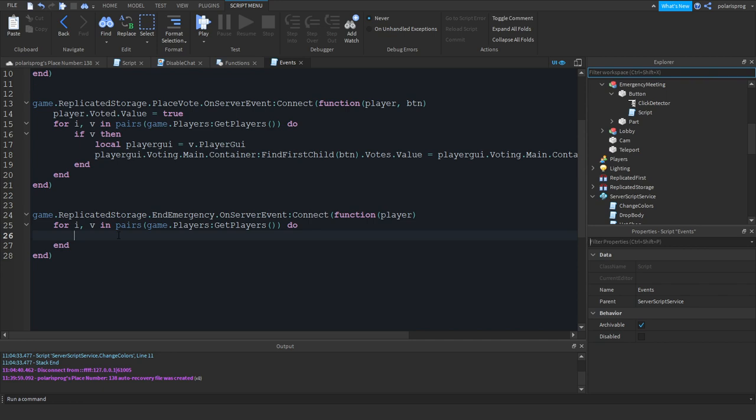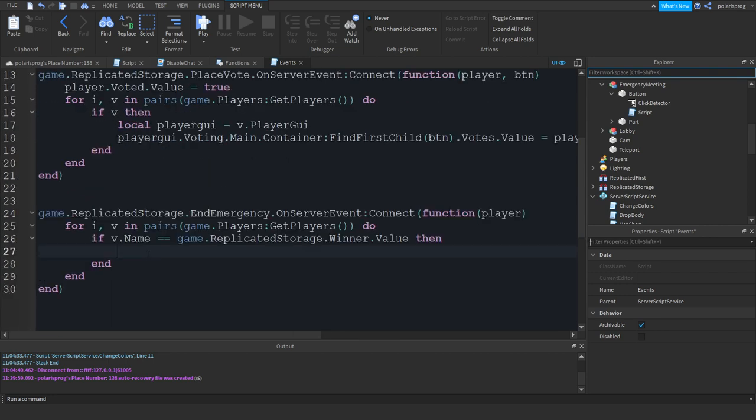All we have to do is if v.Name is equal to game.ReplicatedStorage.WinnerValue. Then after checking if the player name is equal to the winner value, all we have to do is teleport the player. So v.Character.HumanoidRootPart.CFrame is equal to workspace.Teleport.CFrame,